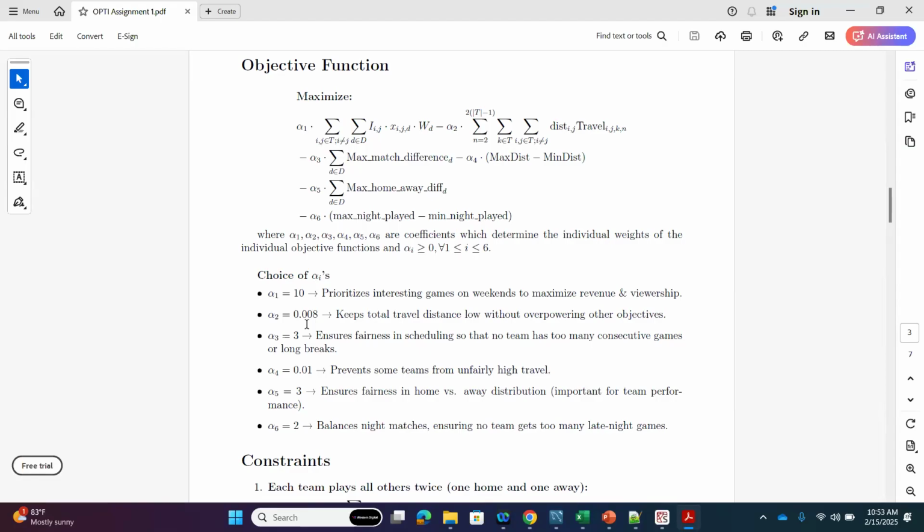Yeah, maybe you can go through these weights one by one so that all of us can understand why you're choosing them. Most of it really comes from viewership. Okay, the first one, I understand you have put the highest weight, 10, because you want to make it